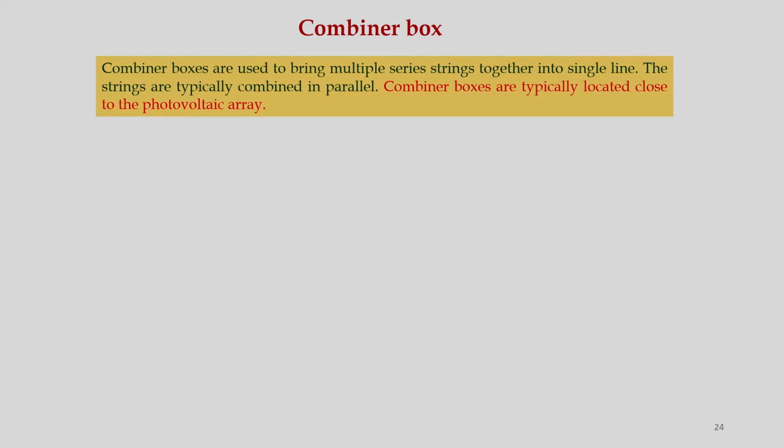Now, let us see what is a combiner box. This combiner box is used to bring multiple series strings together into a single line. Already we know these modules have to be connected, and finally it will come as a single wire, and where it will be connected, it will be in the combiner box. The strings are typically combined in parallel. This combiner box is typically located close to the photovoltaic array. So, this we must know,